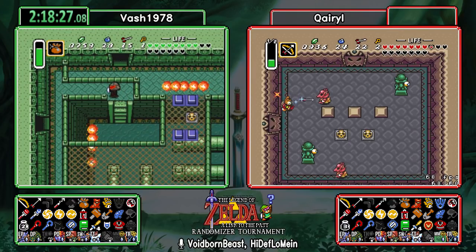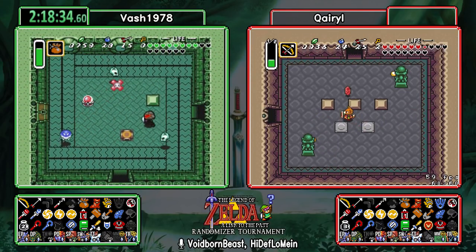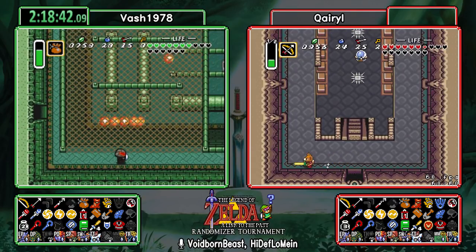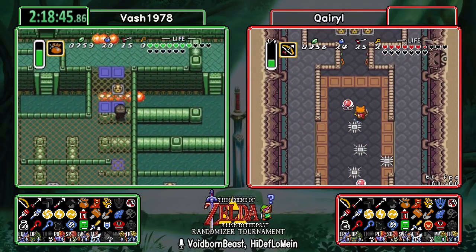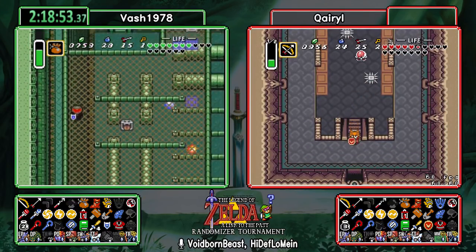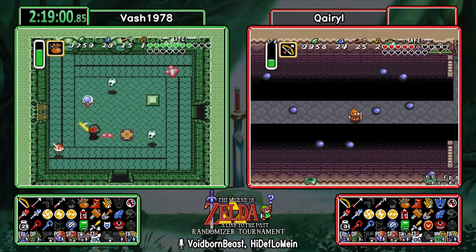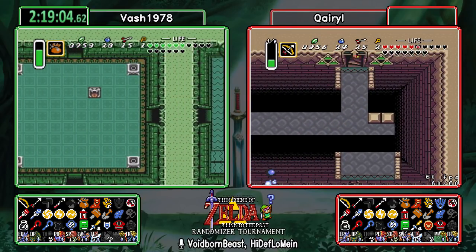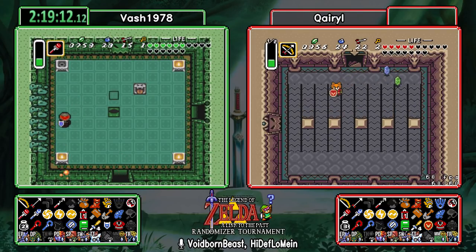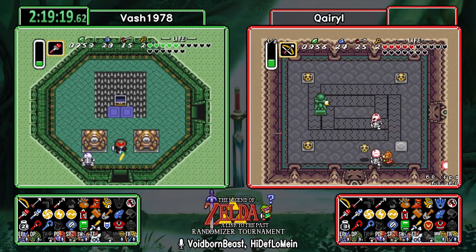And now Qairyl is on his way up to the gauntlet. Meanwhile, Vash is poking through Mire. Just needs one small key and the big key to make his way down to Vitreous. Fortunately, he should have enough arrows when he gets there to finish it off quickly. Qairyl, deciding that no fairies are necessary, is going to just head straight up here. He's got plenty of potions, so...